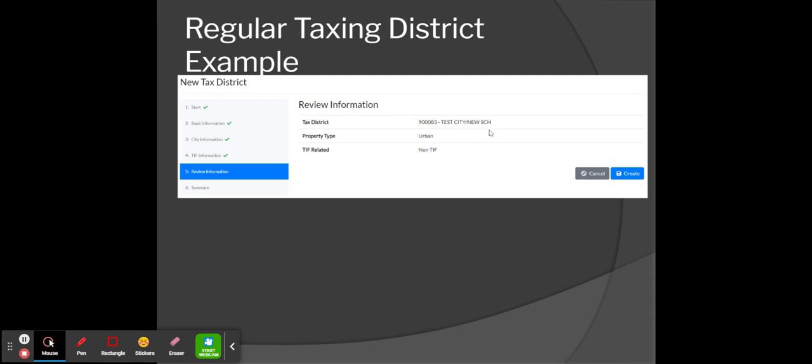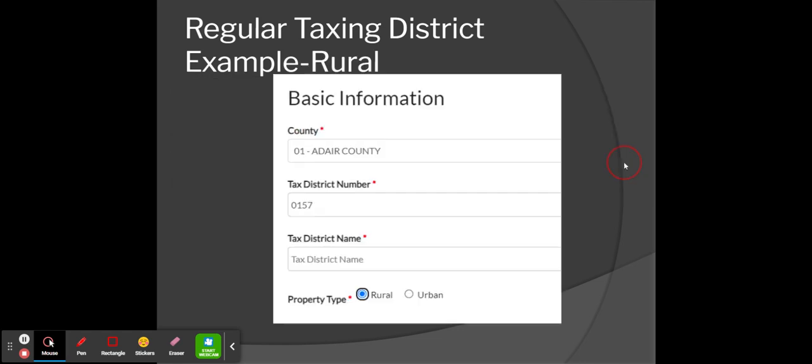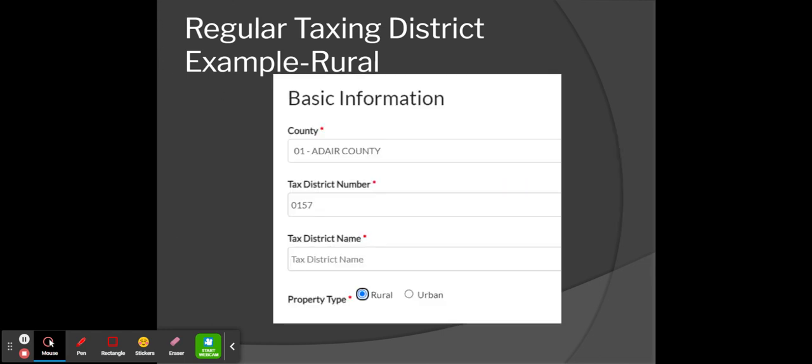Here's just a real brief overview of the information, and it's going to say, okay, so you created it, but levy authorities are not assigned at this point, right? So you need to do that on the next screen. And if we were going to then, whoops, sorry, I'm going to go back up a screen. I want to show you an example of a rural district,